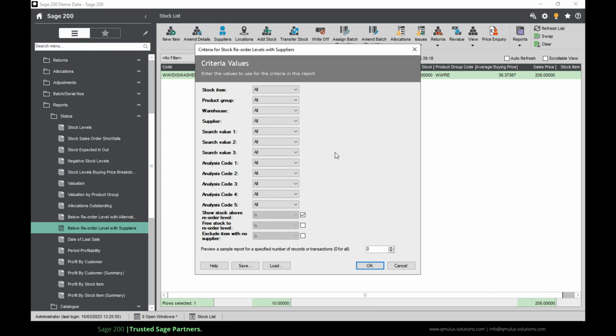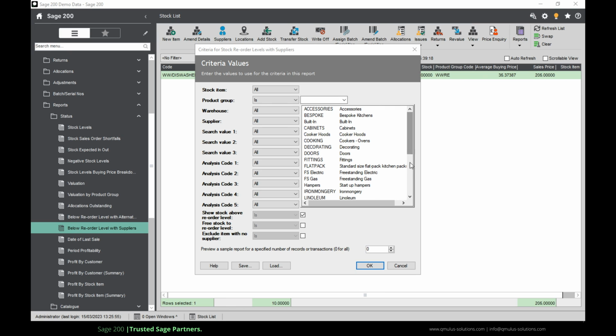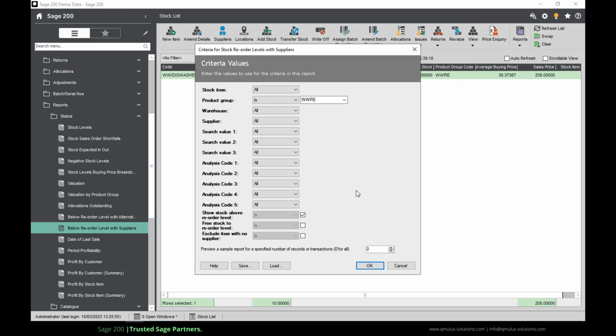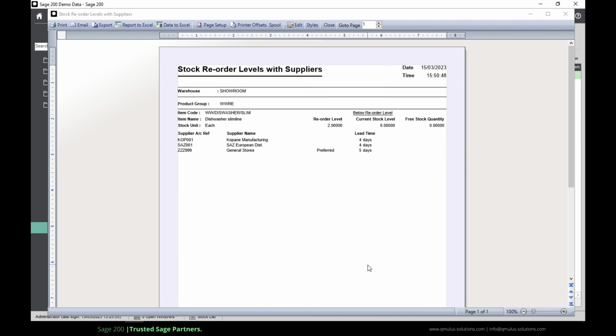So there's the criteria screen. We're looking for a particular product group. So this one is the whiteware product group, of course. And we'll click OK.